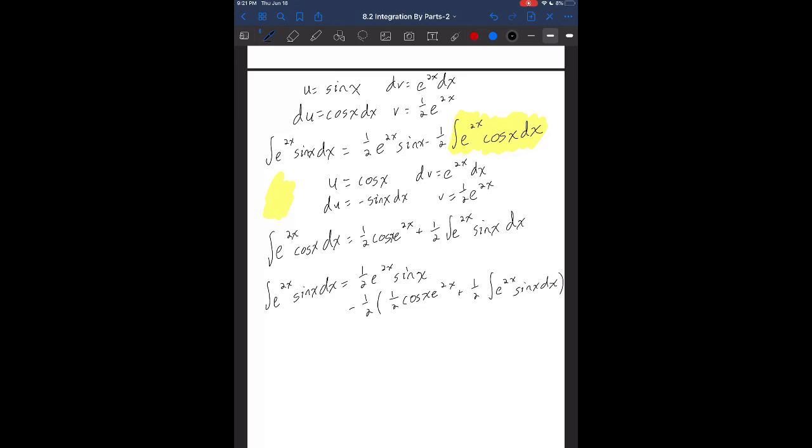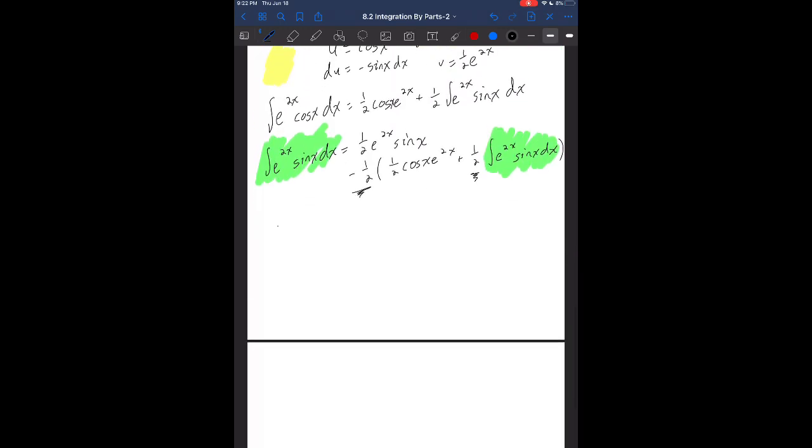dx. Now this is a great place to be in because we now have an e to the 2x sine of x and an e to the 2x sine of x right there. And so we can move this right-hand side equation over to the left-hand side and then divide by the constant in order to get that this integral is just equal to this linear combination of the functions. So in particular, I am going to add a 1/4 e to the 2x sine of x dx on both sides because that will get rid of this minus 1/4. So this turns out to be